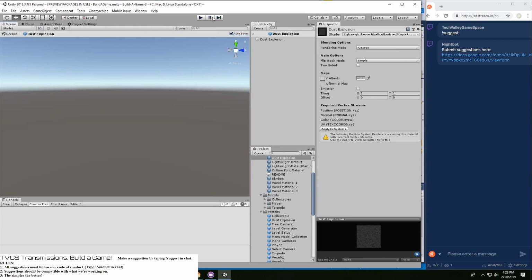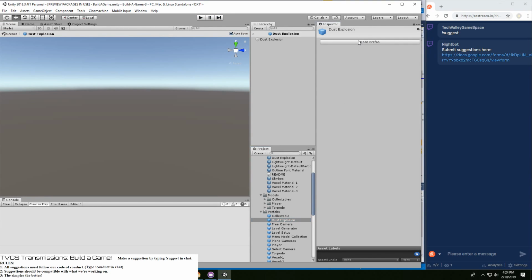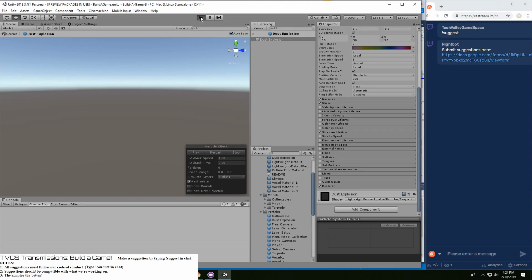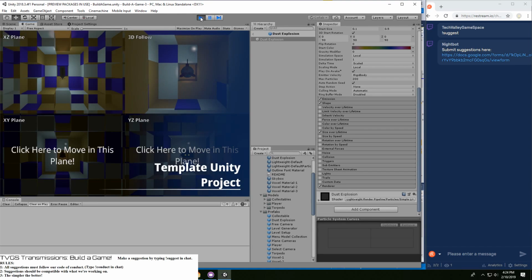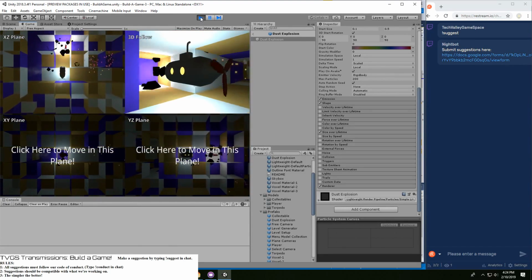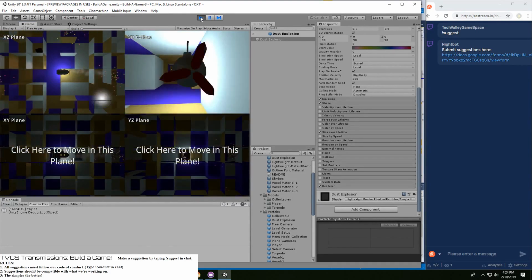It may also be the whole collision factor is really not doing any justice, so we can try getting rid of the world collision and see what happens. Yeah, that actually looks better, in my opinion.